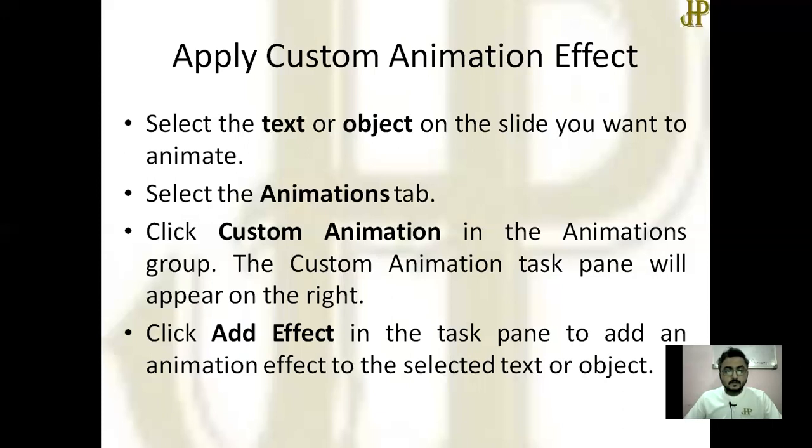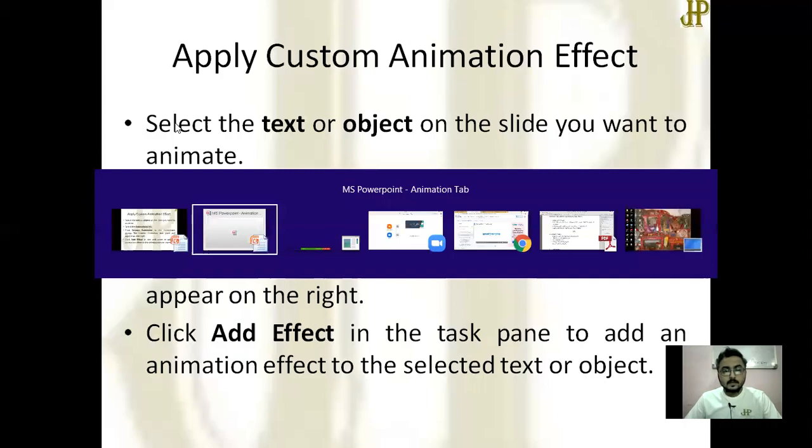From there, click Add Effect in the task pane to add an animation effect to a particular text or object. That's all. The process is the same, but you have to choose Custom Animation from the Animation group.